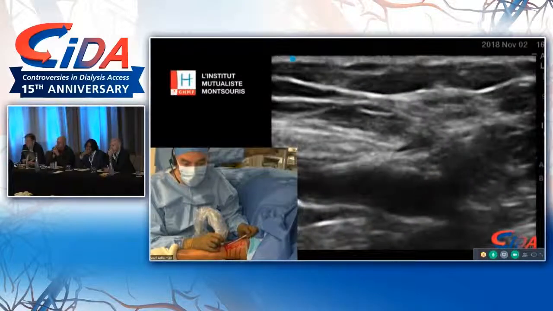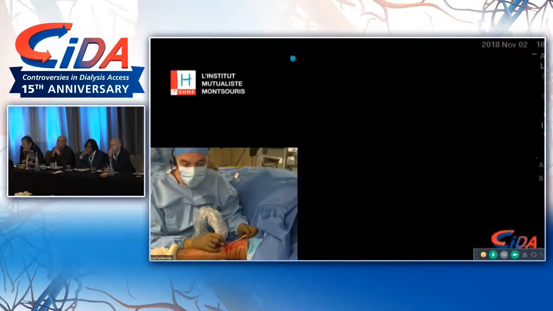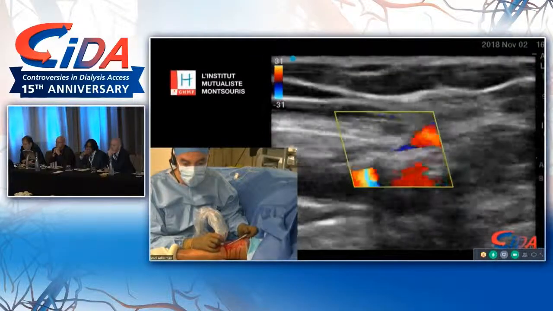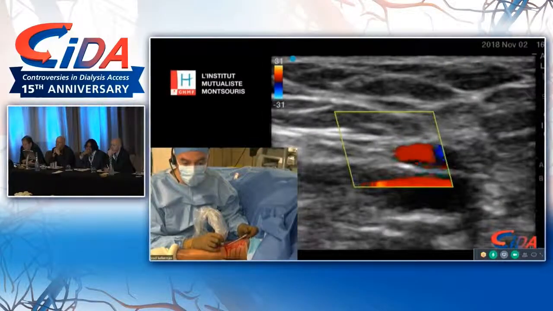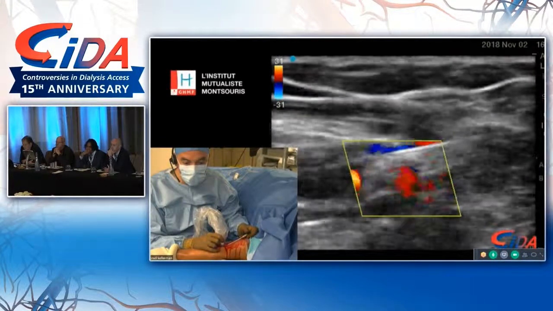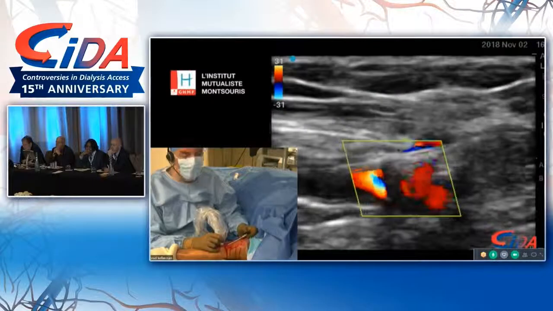I'm going to put some color here. As you will see, the anastomosis is already completed. You see that we have fistula flow already. We have systole-diastolic flow in the artery. You see this beautifully here, and we have flow through the anastomosis. So essentially, it's